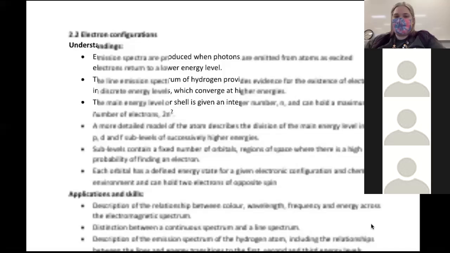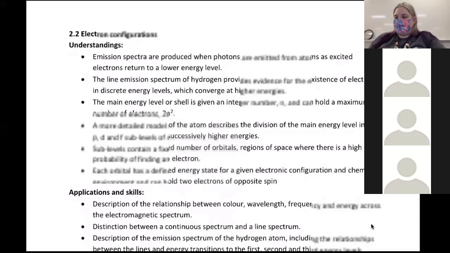All right, guys, so we are doing the second part of topic two today. And the first part of it that we're working on today has to do with electron configurations. So once again, this is not new information. There's one little section today that you will not have seen last year, but everything else